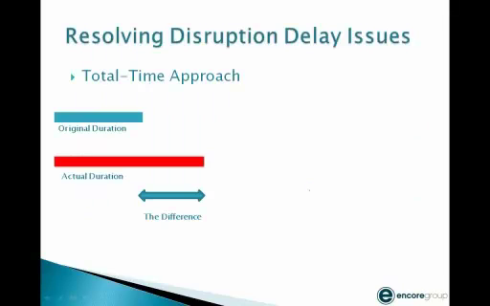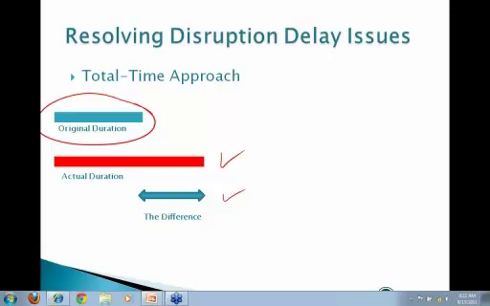The total time analysis is similar to a total cost claim type of thing. There are 3 factors. You have, here's my original duration, here's my actual duration right here, and then this is the difference. This is what I'm asking for. I'm asking for the difference between my original and my actual duration. Now, most of the time, people will not be able to just sit down and write a check on this type of claim. This type of analysis requires the most work as far as resolving it,